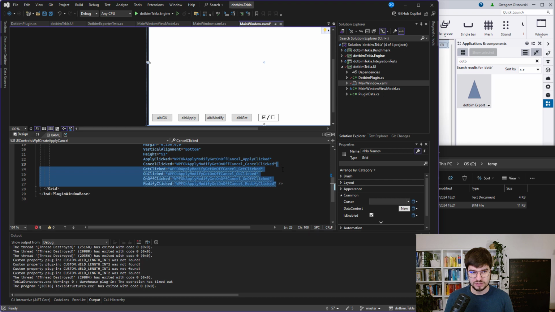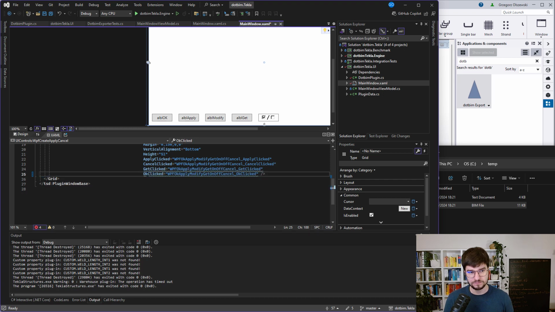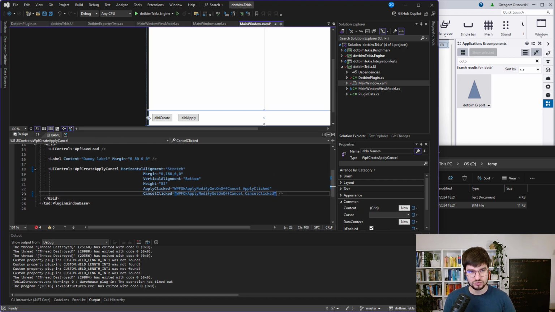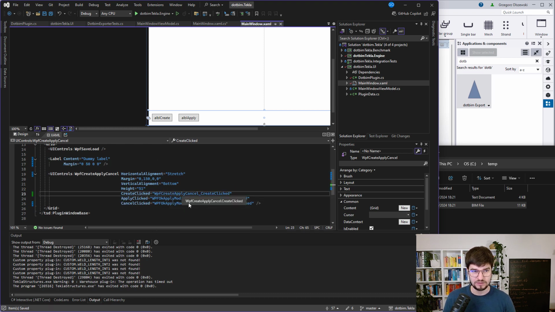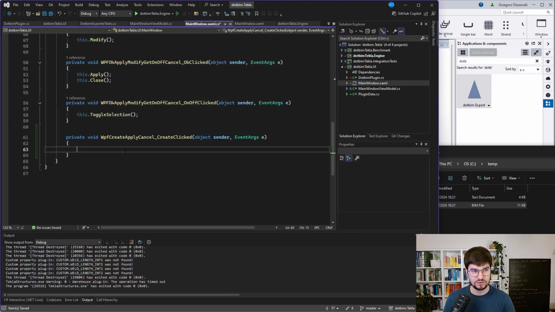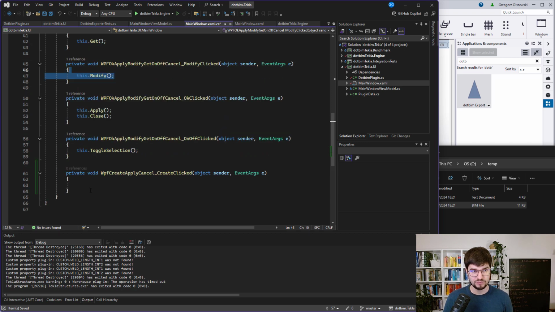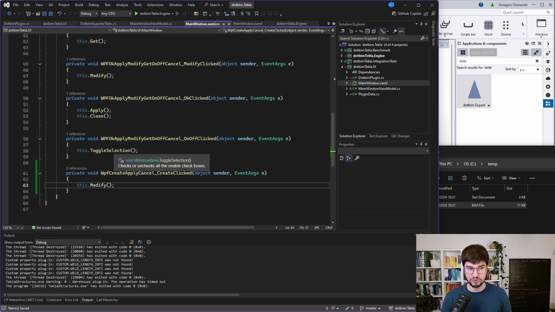So I will just end with what it will be more. I think that there should be one more button, but I'm not sure which one, because create, yeah, it should also be the create clicked, and yeah, let's create the new event. And yeah, so now I want on the create trigger the modify, because this is the operation which should be